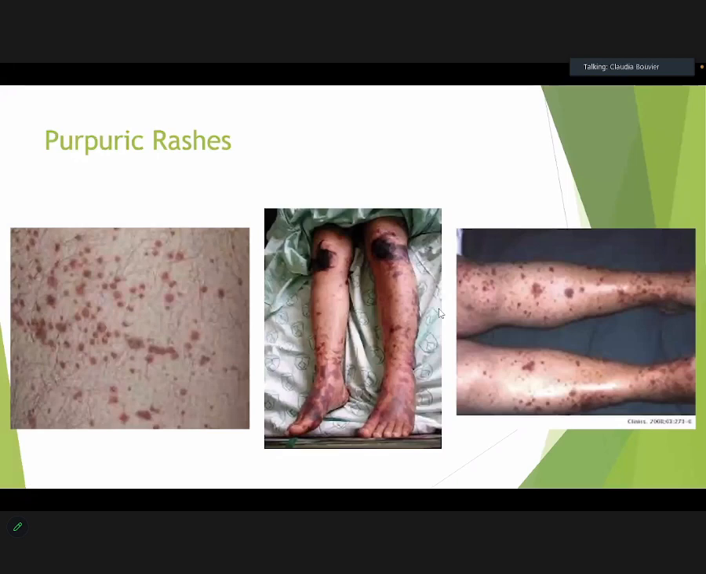Next category is going to be purpuric rashes. So these ones, you can see them, they can be kind of more minor or they can be extensive. And we'll talk about one purpuric rash next week, which is meningitis. The ones we're going to talk about this week are non